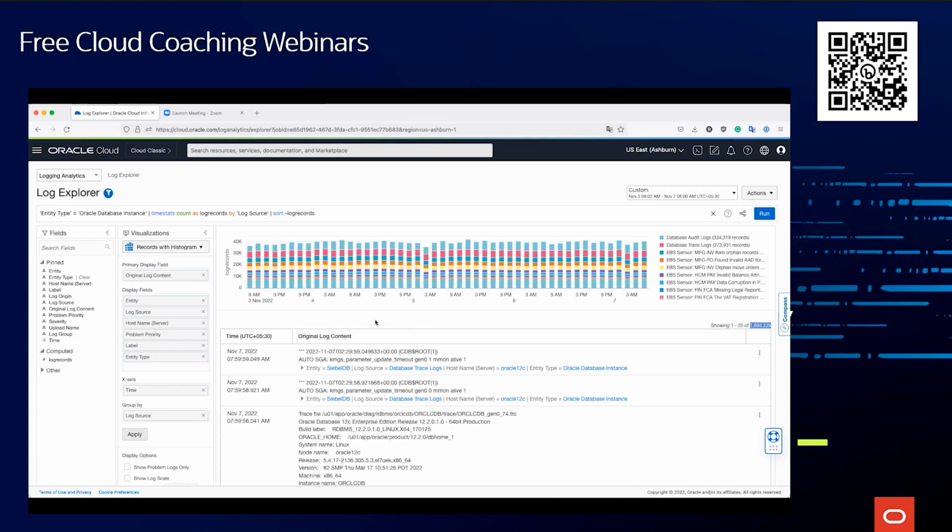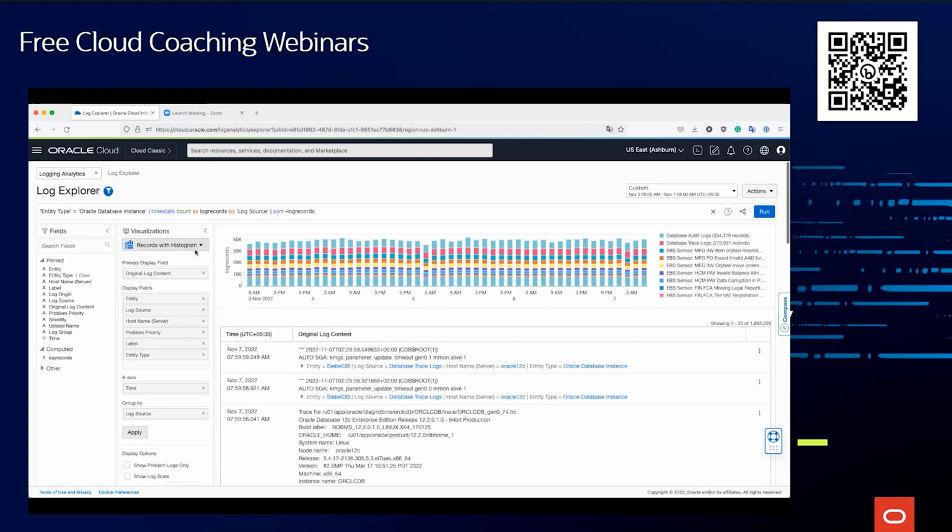Now, if I'm in a P1 or P2 scenario where time is of the essence and I need to find out if there is a problem, so many log records is a big pain. And also, there's no guarantee that your operations resource is a DBA who understands these logs. He might be a middleware guy who's looking into this. So irrespective of who's looking and what the situation is, we use the power of machine learning in such cases